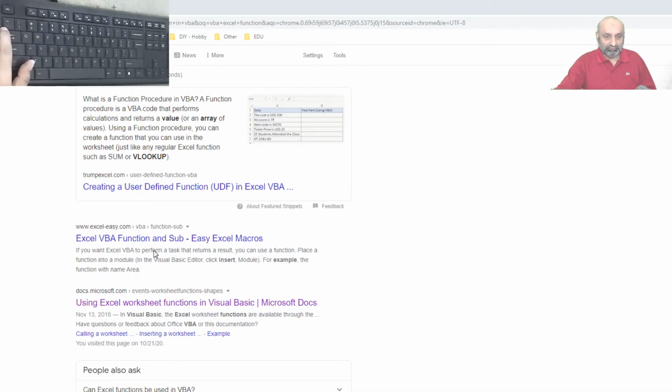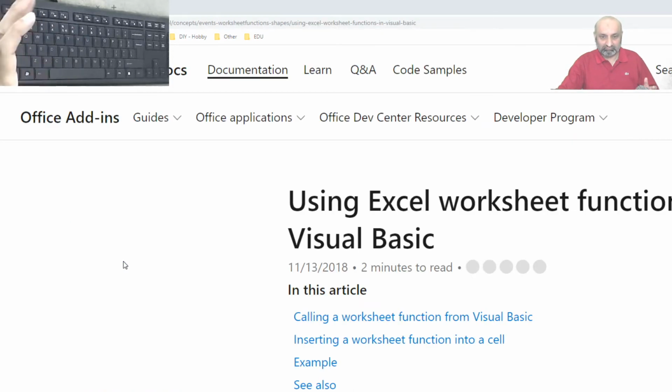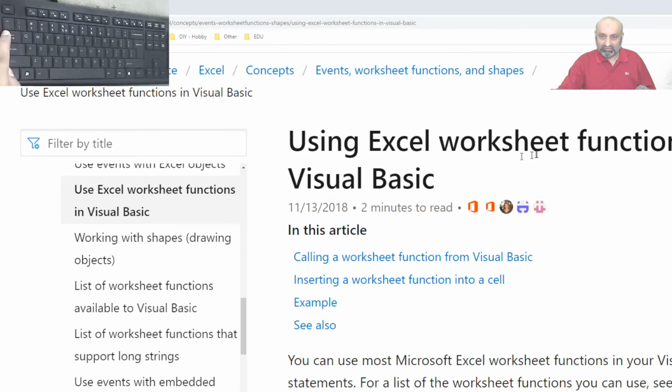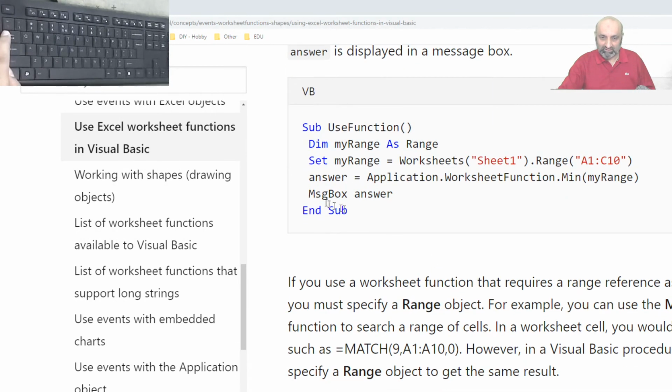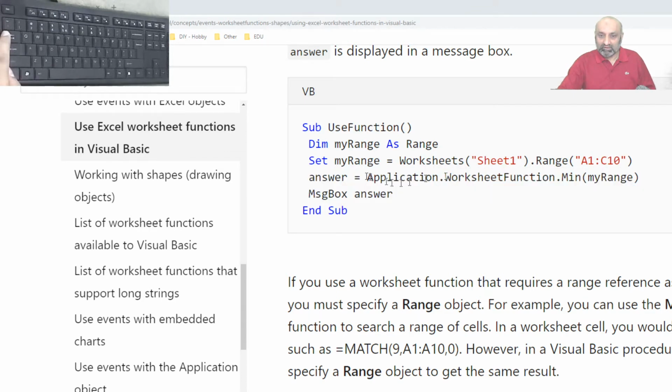So the first one is actually Microsoft.com. I always use Microsoft.com for help. Maybe I'm accustomed to it. So here it is, using Excel worksheet functions in VBA, and here it is, Application.WorksheetFunction.Min.